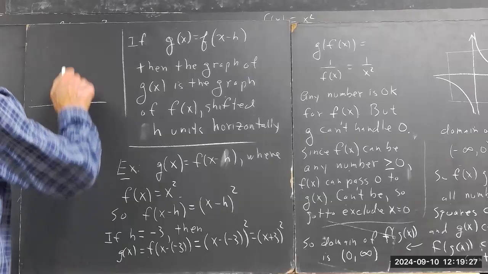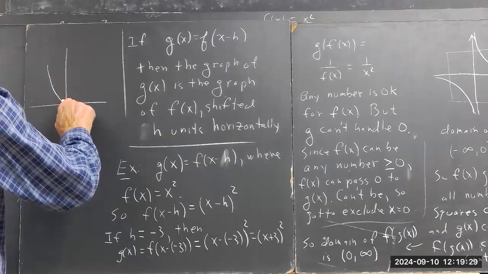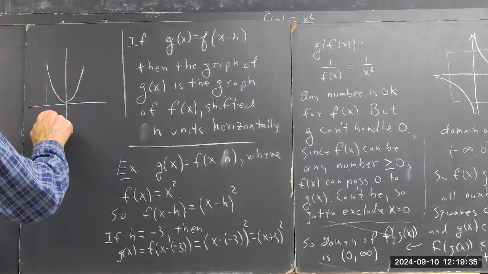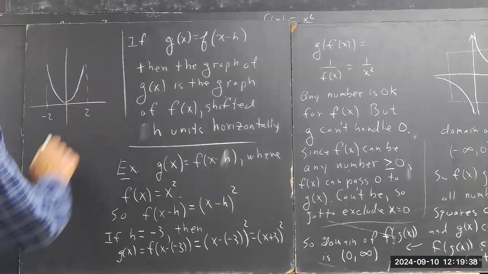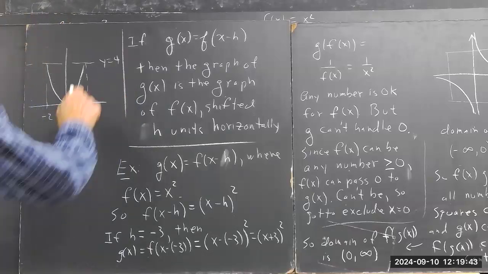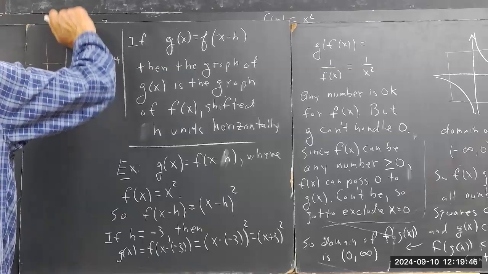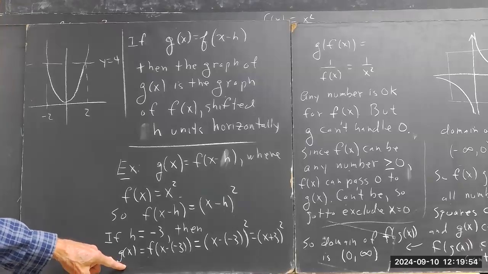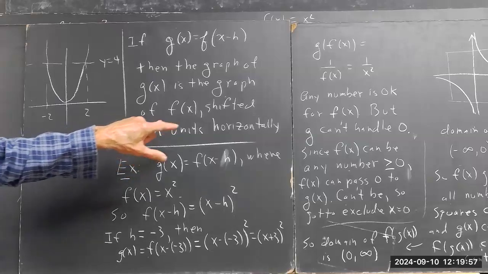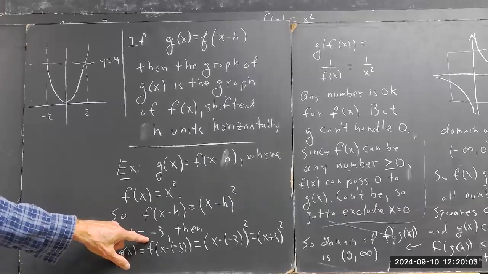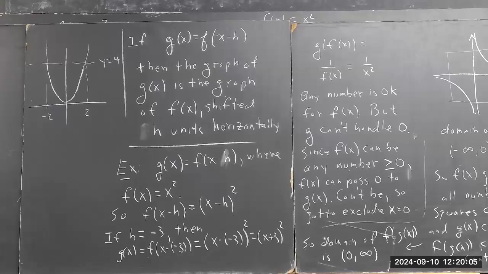Now, if we have a graph of the squaring function, which might look something like this, where this is -2, this is 2, this is y plus 4. And then, of course, it keeps going. How are we going to get a graph of g of x? The rule says it's going to be shifted h units horizontally. What's h? H is -3. If we shift every point -3 units horizontally,